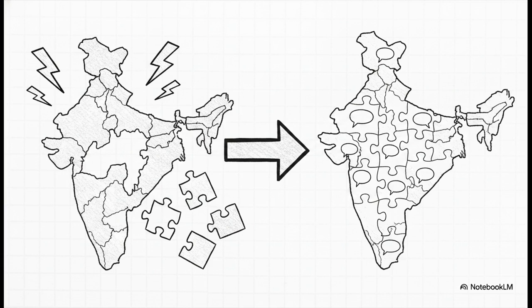The solution? The boundaries of several old states were completely redrawn to create new ones based on language. The whole goal was to ensure that people who spoke the same language lived in the same state. Now, at the time, a lot of national leaders were terrified. They genuinely feared this would lead to the total disintegration of the country. But what actually happened? The creation of linguistic states made the country so much more united and made day-to-day administration